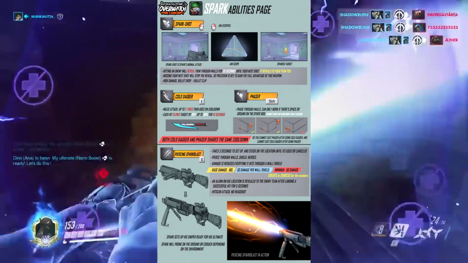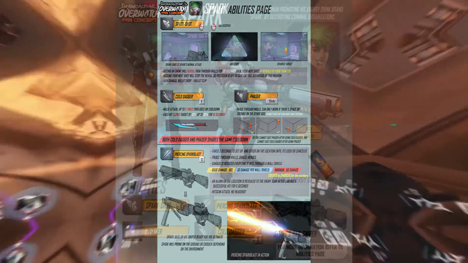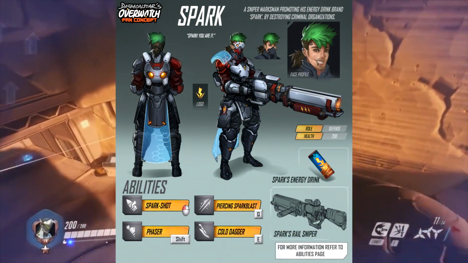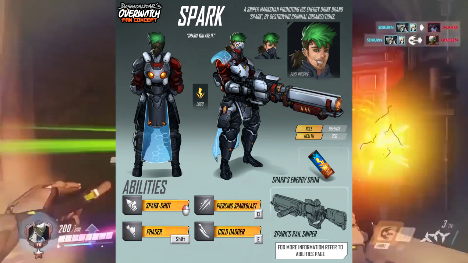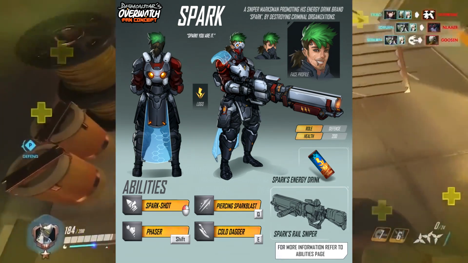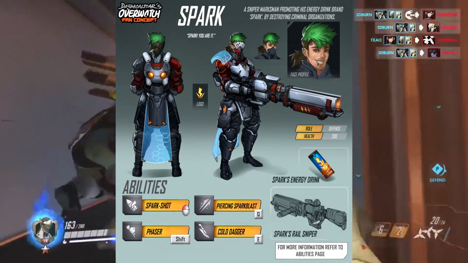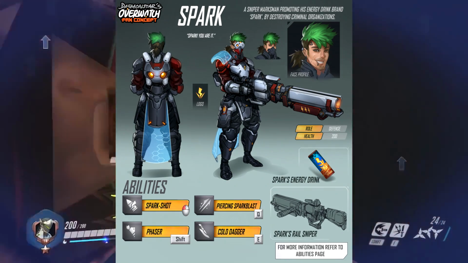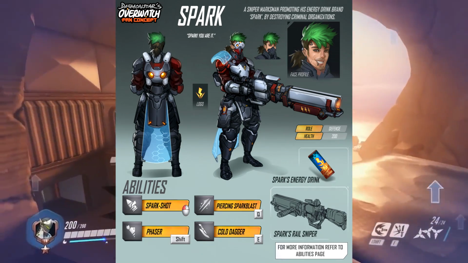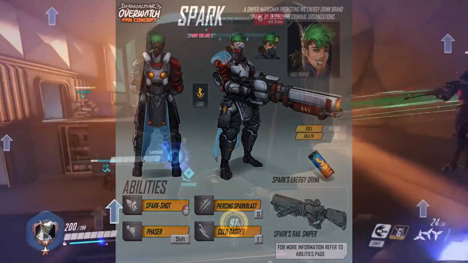Then he has Phaser, which allows him to go through walls, which sounds insane on its own. But then my favorite part would be his Q called Piercing Spark Blast, which allows you to pierce through walls and shields, which we need right now in this meta, let's be honest. But each time it goes through a shield or a wall, the damage is reduced, and it doesn't have very high base damage. It honestly seems amazing, and this concept is one of my favorites in the entire video,